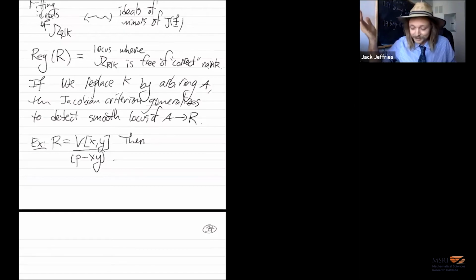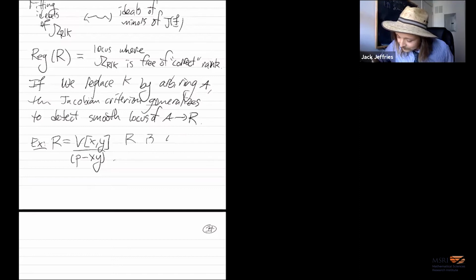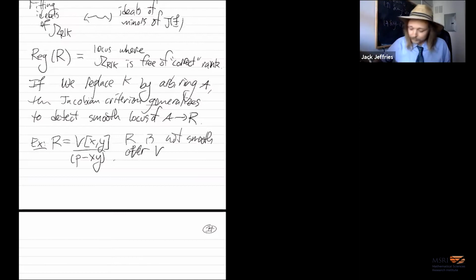This is not smooth over V. This is an example of something that's not smooth, but is regular over V. If we think of smoothness as flatness with geometrically regular fibers,